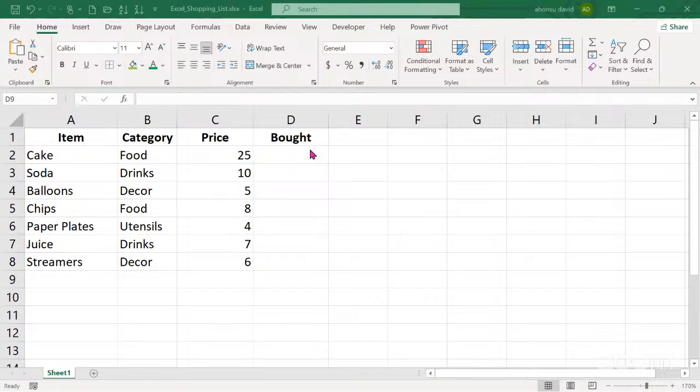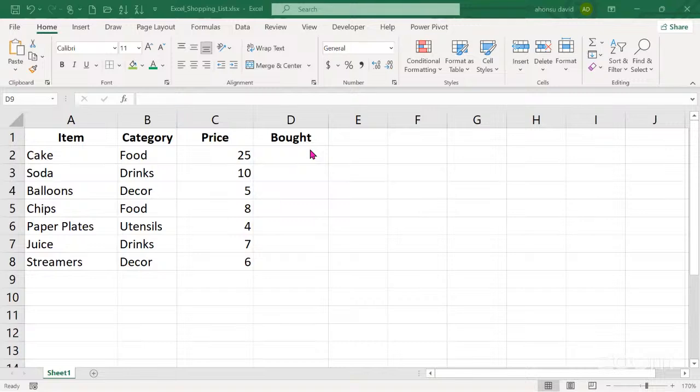So she was going to the store, and on the third trip, she was still forgetting things that were important for the party. Then she realized that she needed to find a way to organize all of these things she was buying. Then an idea came to her mind, and that was the idea of using Excel to create the shopping list. So with a few simple steps, Lola created